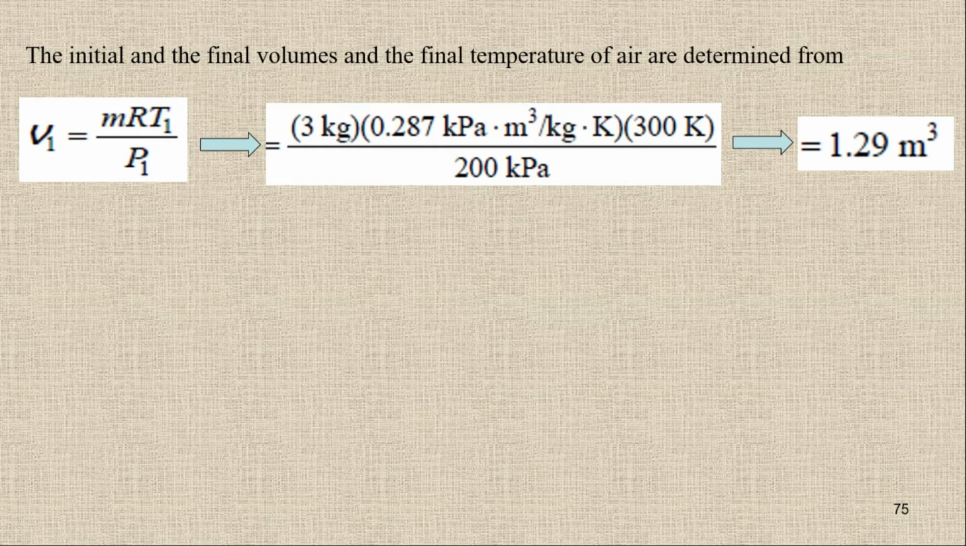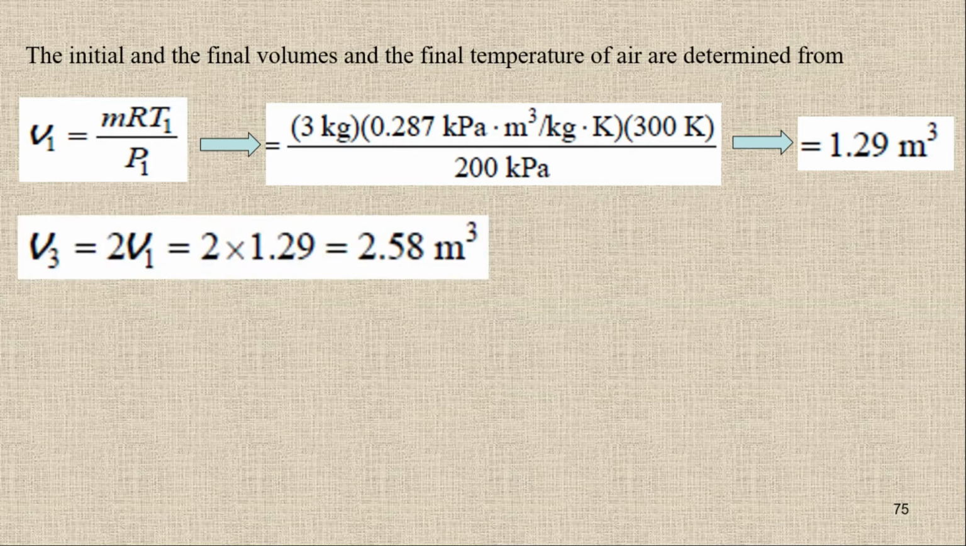Now when this piston is going to move upside, at point number 2 the volume is double, so V2 is simply twice V1. So we can say that the volume 2 is simply 2V1, but volume 2 and volume 3 are the same, because from state number 2 to state number 3 we have a constant volume process. So V3 or V2 is simply twice V1, so 2 times 1.29, that is equal to 2.58 meter cube. So we know V1, V2 and V3, but we don't know about